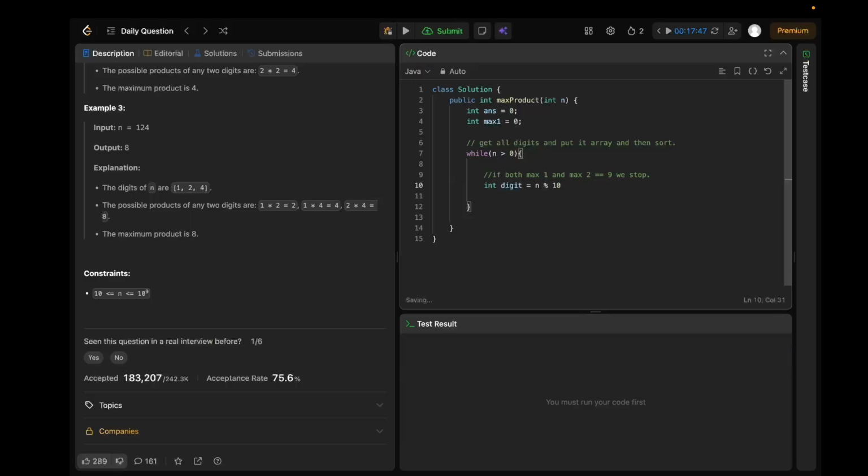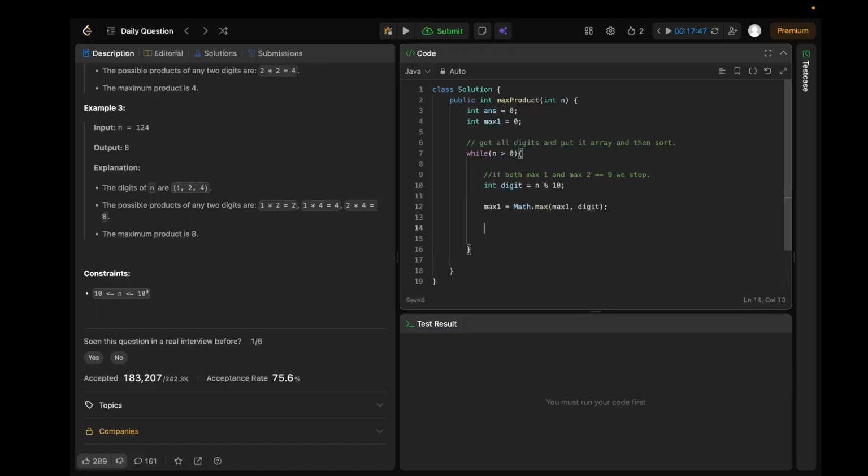So if I take 98 modulus 10 it will be 8, and then max 1 equals Math.max of max 1 itself and digit. So this way we get our first value,